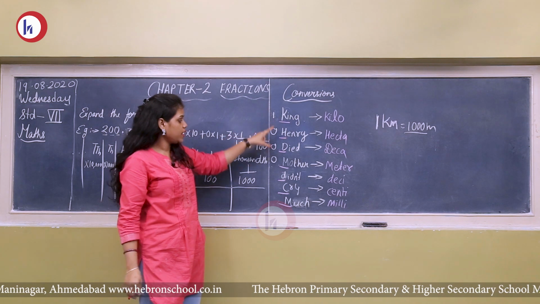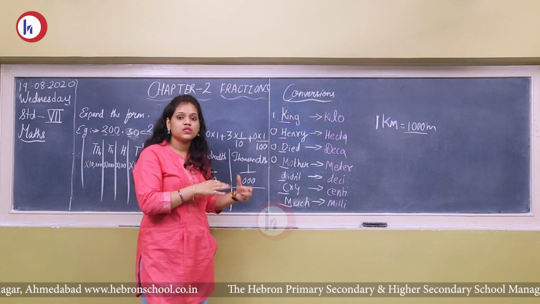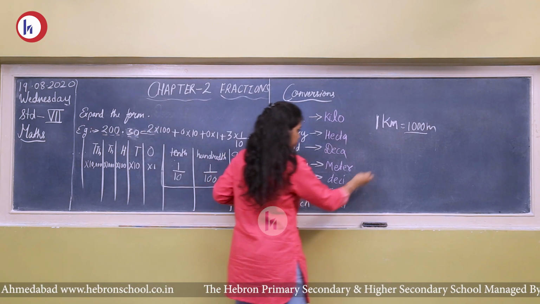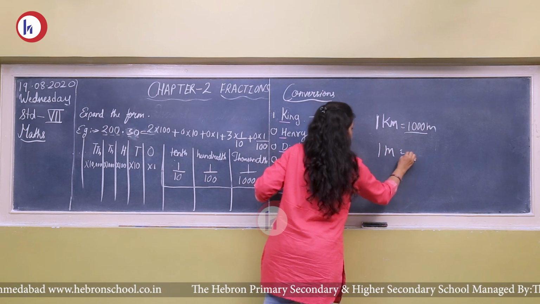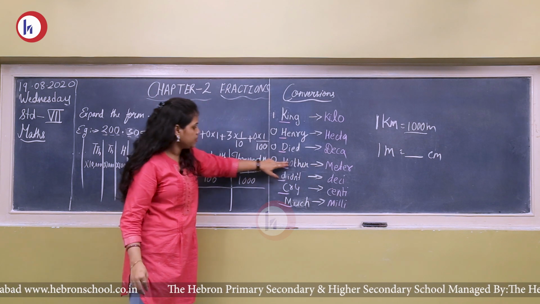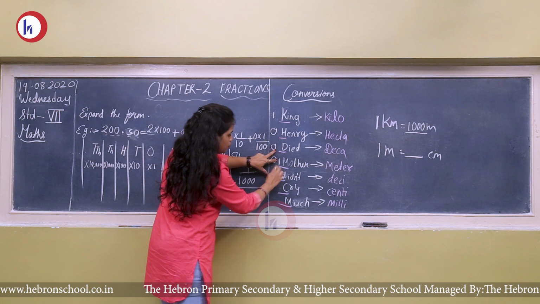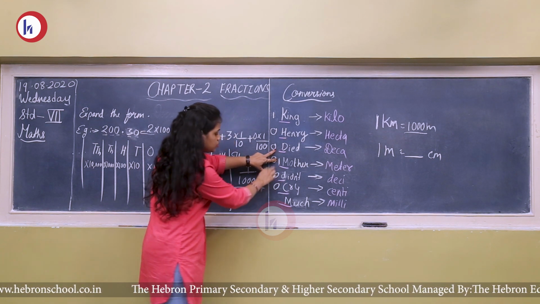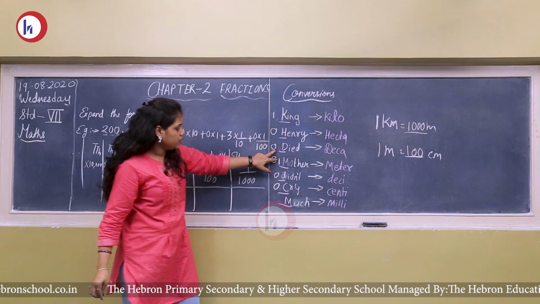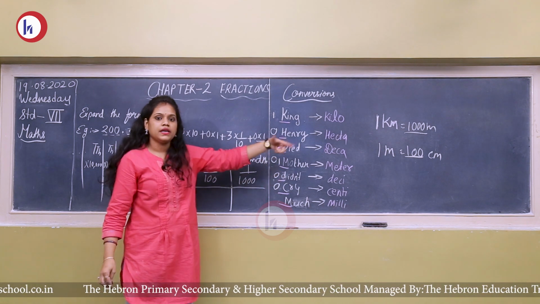So from this you don't have to remember कि किसके conversion में कितने मीटर या कितना small unit आएगा. You don't have to remember. From this you can find out. Let's take one another example. Suppose 1 meter is equals to how many centimeter? Now where is your meter? Your meter is here. So 1, and where is your centimeter? Here. So 1, 0 and 0. How much you got? 100. So from here you can find out 1 meter is equals to 100 centimeter.